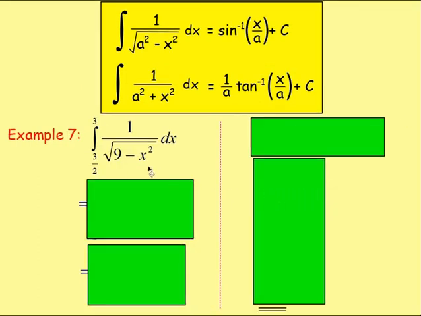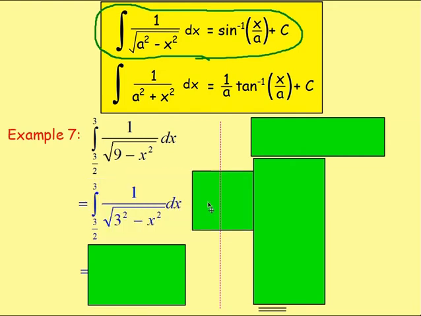Example 7, integrate with respect to x 1 over the square root of 9 minus x squared between 3 and 3 over 2. So with this one, what we're thinking is, ooh, I recognise that. It looks an awful lot like this at the top. We've got the square root of something squared minus x squared. But 9, you need to rewrite first of all as, you got it, 3 squared. Good, so you're integrating 1 over the square root of 3 squared minus x squared in order to get it